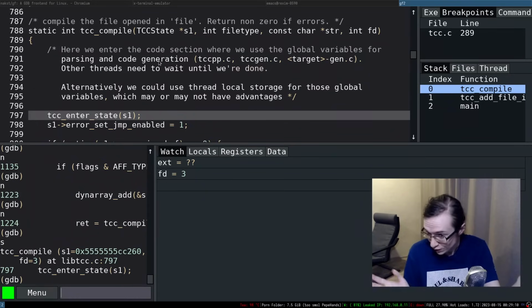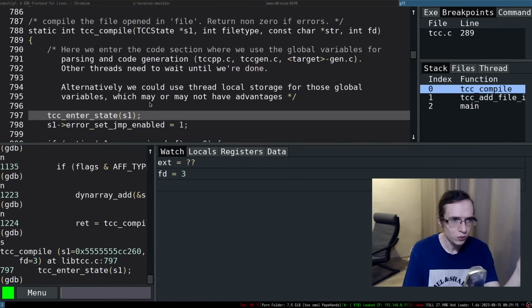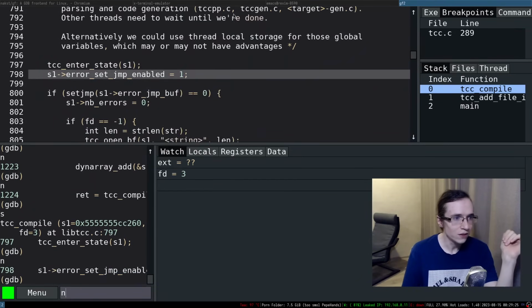Okay, so it's multi-threaded, holy fuck. So alternatively, we could use thread local storage for those global variables, which may or may not advance. Okay, so there's nothing interesting in here. Okay, so where do we start